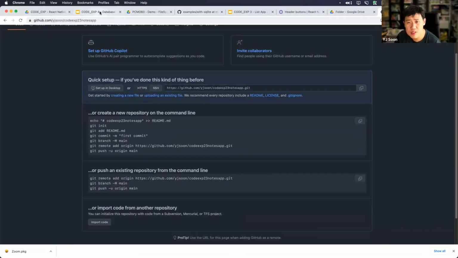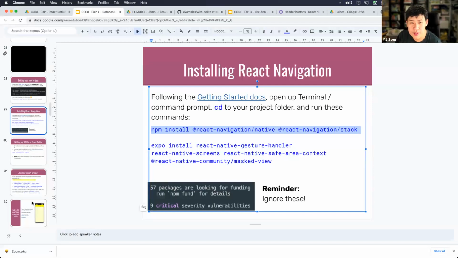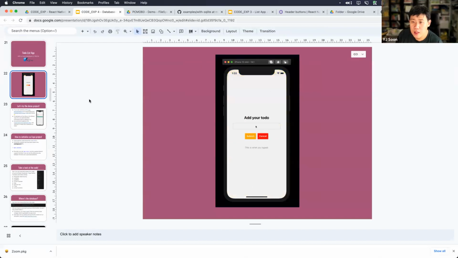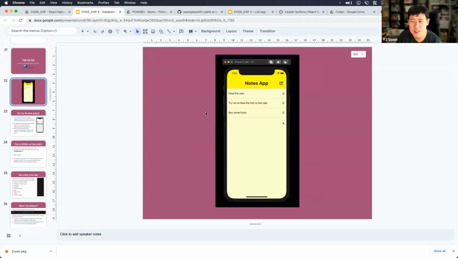Let's see if I can find a demo to show you what it does. Okay, here we go. You can create something, and notice the way it pops up is slightly different. It's actually a modal that pops up from the bottom of the screen. You can delete stuff, you can create stuff. This is not quite a to-do list, that's a bit misleading. It's more like a notes app. I don't know why I said to-do list here and notes there. You could add a to-do field later on.